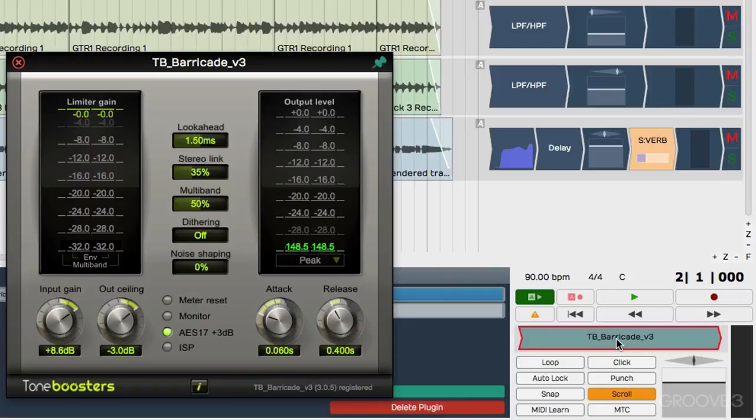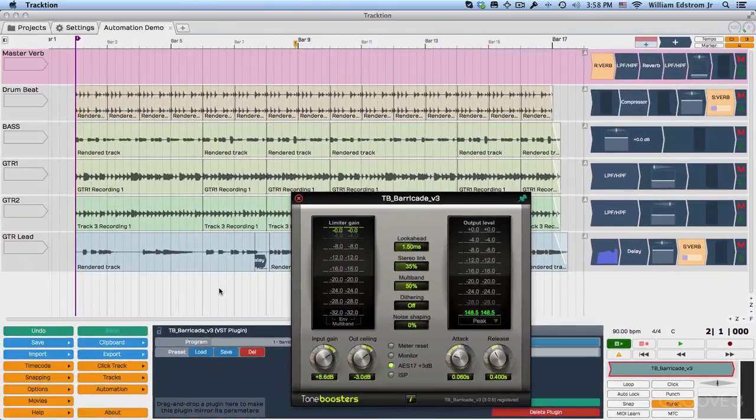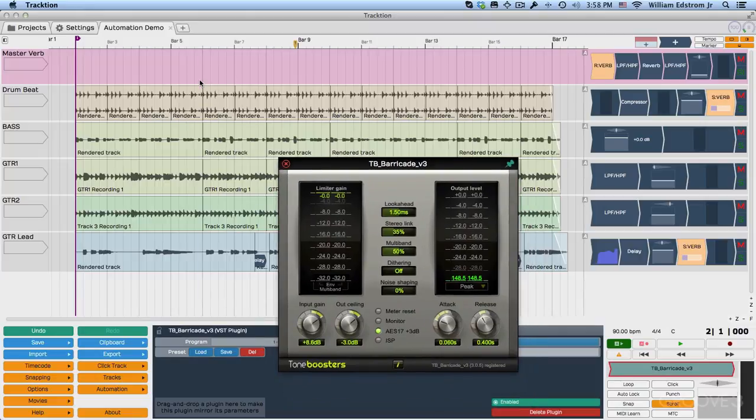You could also put a bus compressor in here, maybe some EQ if you'd like. If you're going out to additional mastering, you don't necessarily need anything on here. But normally if you're going to post this online, you want to put some kind of limiter on at this stage. So with the limiter on, I'll play back a little bit and you can see how the limiter is working. So I don't want the limiter working very hard, but it is capturing peaks, allows you to bring the level up a little bit. So without getting into a big class on how that works,